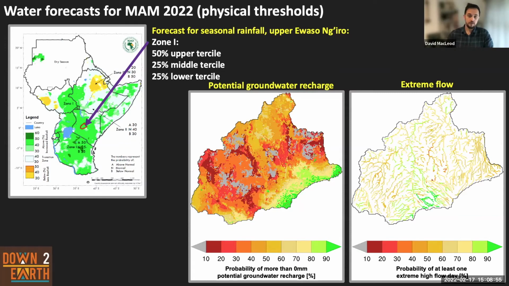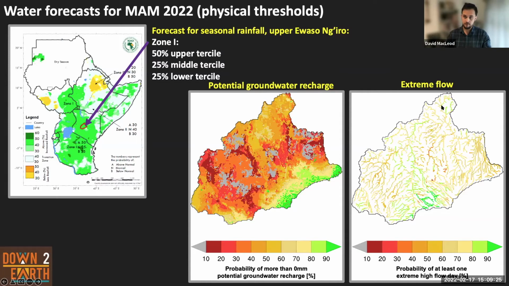In the southeast, for instance, every year normally has some recharge, so the probabilities of seeing recharge there are quite high anyway. In the lowlands, the probabilities are lower; there's not much chance of recharge in most years, but it does happen. So we're synthesizing that normal spatial variability with the particular forecast issued from Garcon.